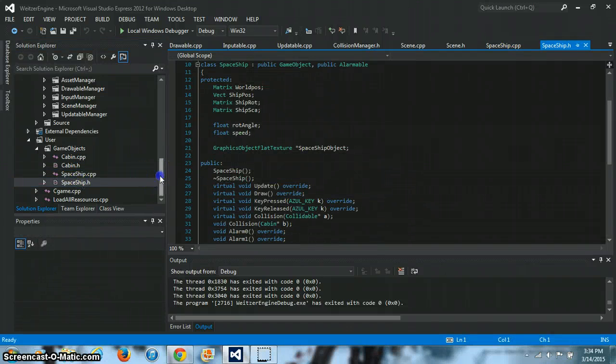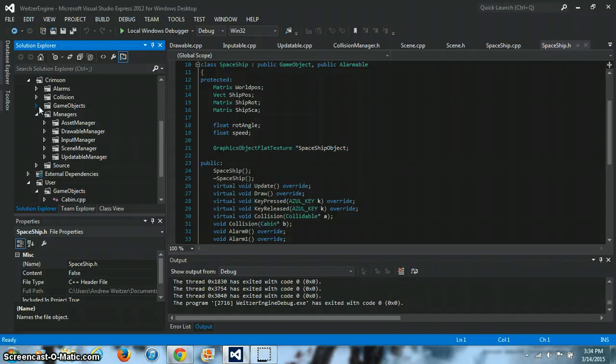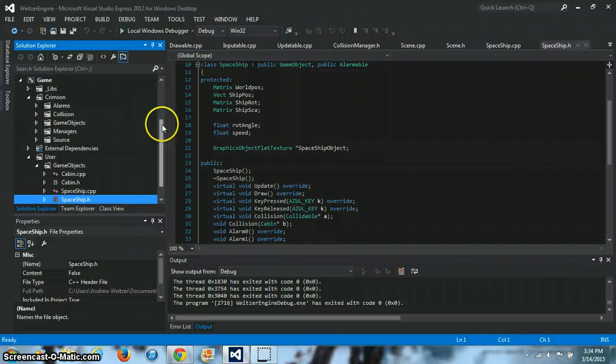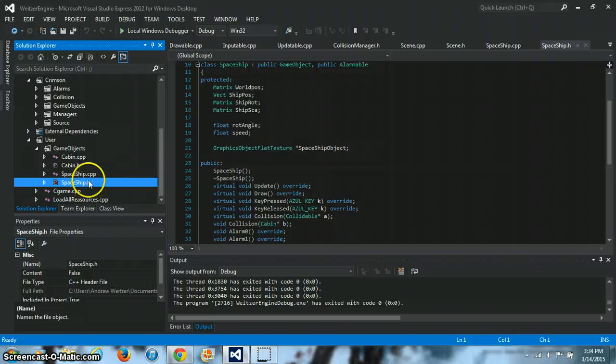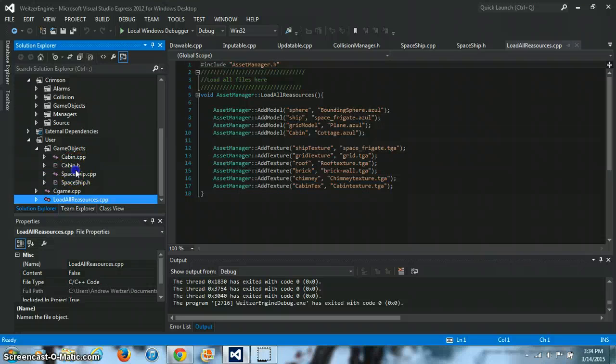Is there anything else I haven't gone through that is important? I don't think so. I think I got everything that I did. Obviously, I didn't do the terminals and changing scenes, but I ran out of time. And so, the spaceship,